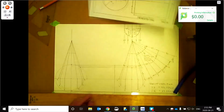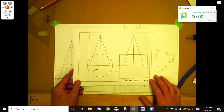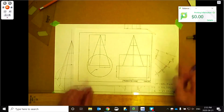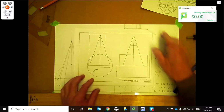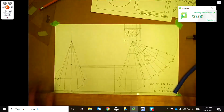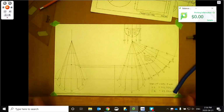And truncated cone, really it's intersecting a cylinder. It is truncated on top, so just didn't have enough room to write that in there. So drawing number 5. And there we go. So as, again, you'd be taking a picture of that or scanning that to submit that into the assignments. Okay,